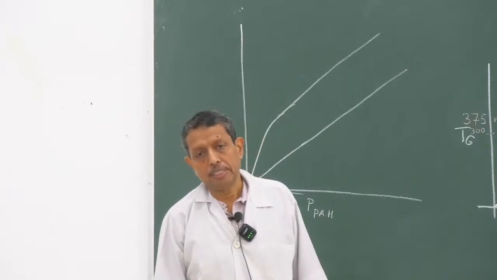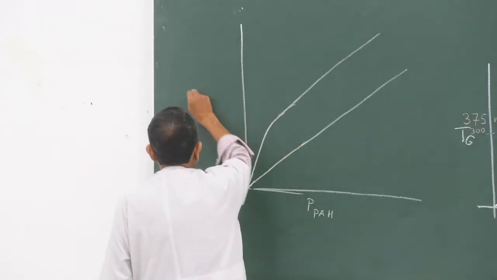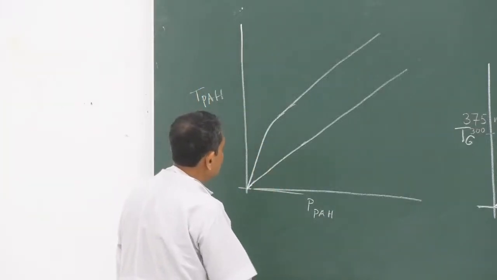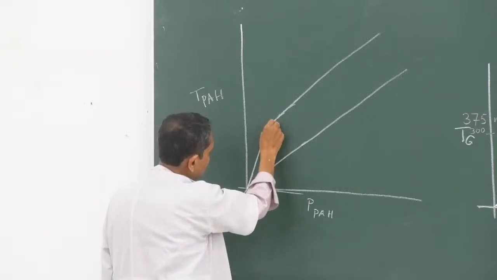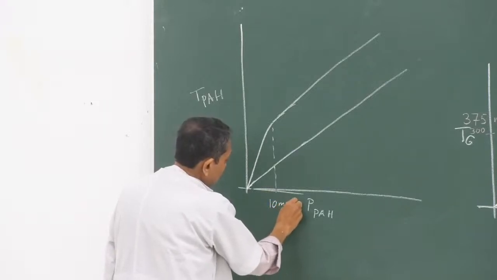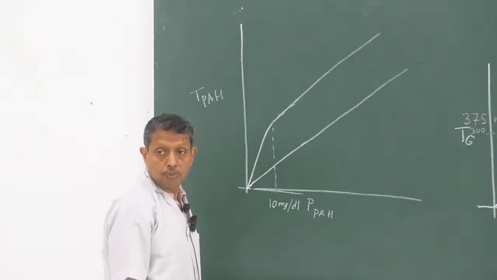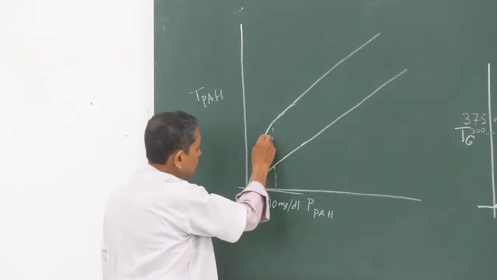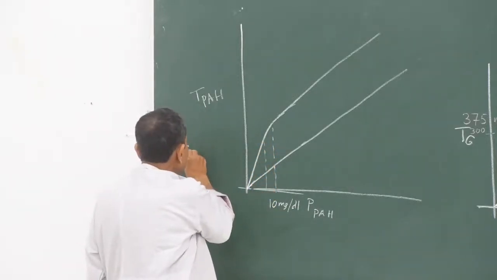Concentration is the same everywhere in blood vessels. And it is the transport of PAH. So the value is low, 10 milligram per deciliter or so. When below this value, then more than that is filtered, and its clearance of PAH